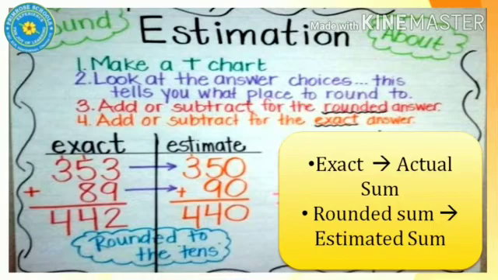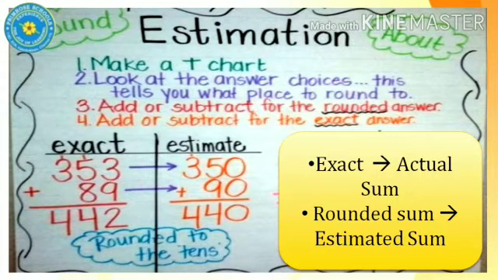The next number would be 89. So if you see the ones place, the number 9 is present at the ones place. So which is greater than 5. So you are going to move the tens place to the next number. So 89 will be converted as 90. Now when you add the number 350 with 90, you get the total as 440. So isn't 440 close to the number 442, children? Yes, right. So that's how we do the estimation.